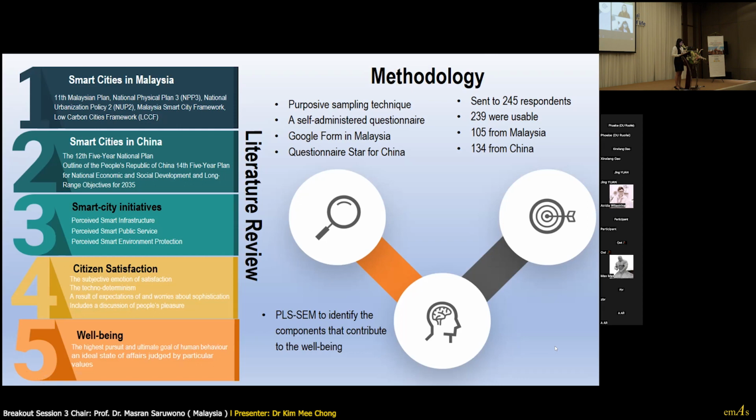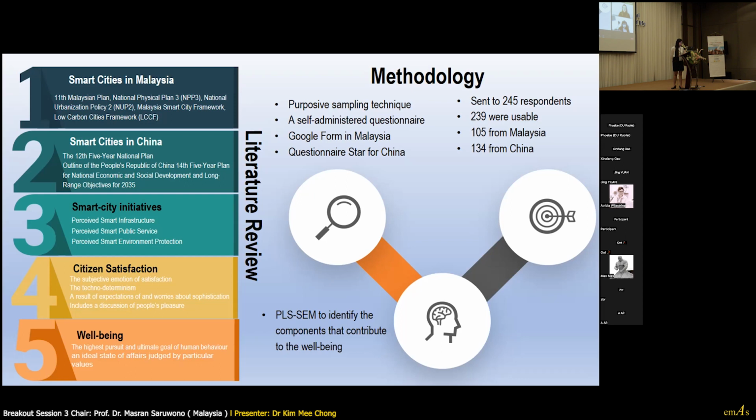Using ICT, smart infrastructure offers unique qualities and connectivity that hasten the transition to social, environmental, and economic sustainability. The governing and administrative authorities can monitor, access, and control infrastructure services and natural resources through smart infrastructure's more user-friendly processes. Thus, we have our first hypothesis: perceived smart infrastructure has a significant influence on citizens' well-being.